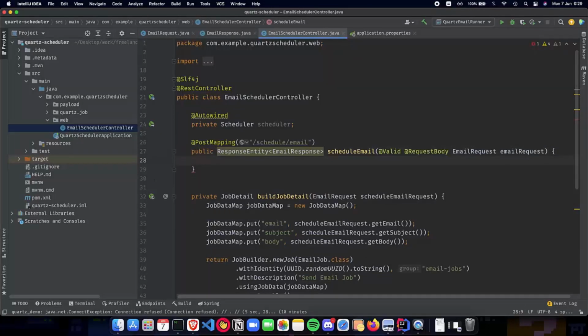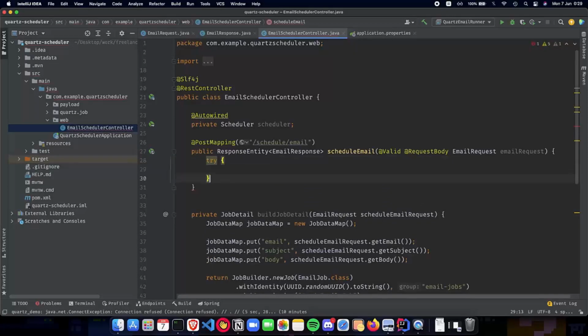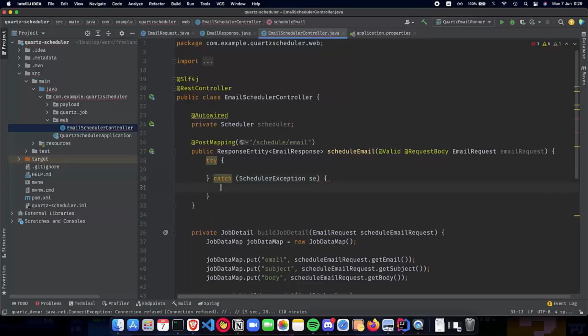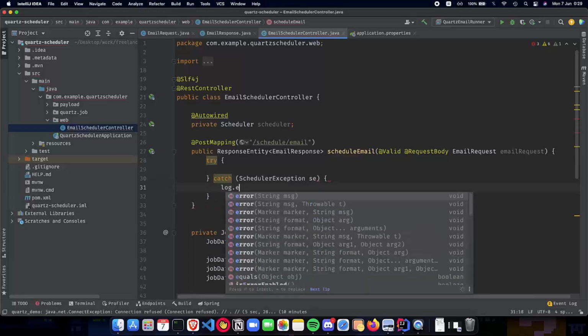Okay, so this is our method declaration, where we actually implement our schedule email for the Quartz application. Now let's go ahead and start implementing it. Let's wrap the entire method inside a try catch block where we are able to catch any of the exceptions. Mostly we'll be having a scheduler exception from Quartz which we need to handle. So we can do a scheduler exception se and just do a log.error here,